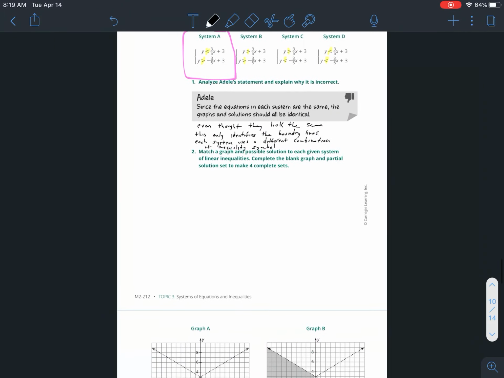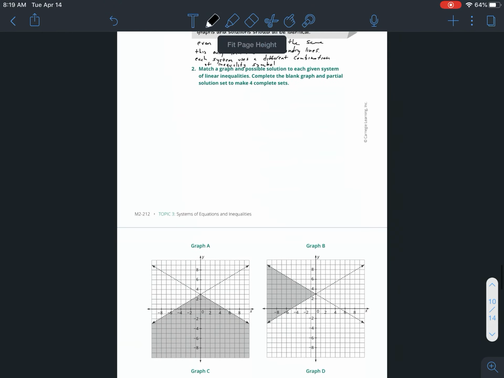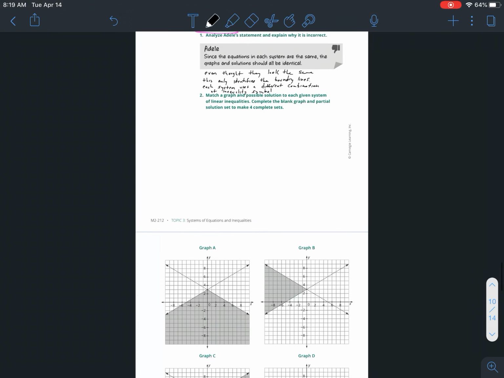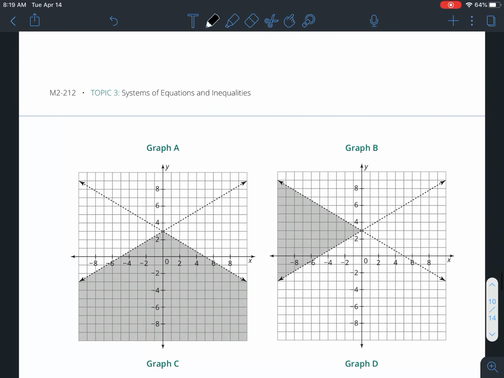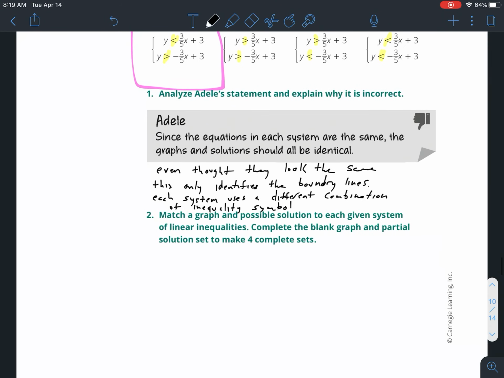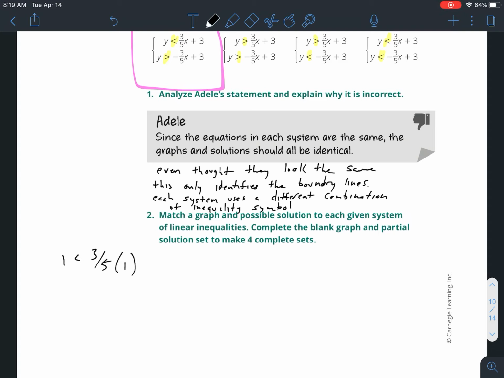Okay, so let's try some problems in here. Let's look at system A and graph A. They're saying anything that's shaded works, so let's pick a number in the shaded region to see if it's going to work. Let's go 1, 1, the easiest numbers to do. So 1 is greater than 3/5 times 1 plus 3. This one's greater than, and the other one's less than: 1 is less than negative 3/5 times 1